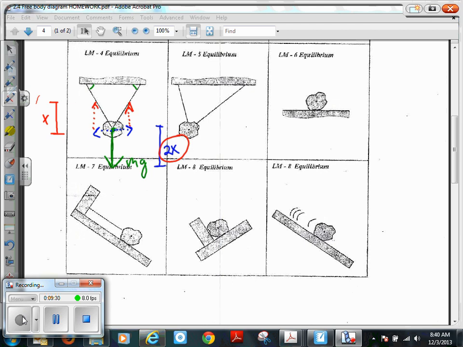So now we can actually draw in the tension, and it becomes this and this. And you could call that tension 1 and tension 2. So the absolute free body diagram then is force of gravity, tension 1, tension 2, and the sizes are correct. Okay, so the next one then we start out with